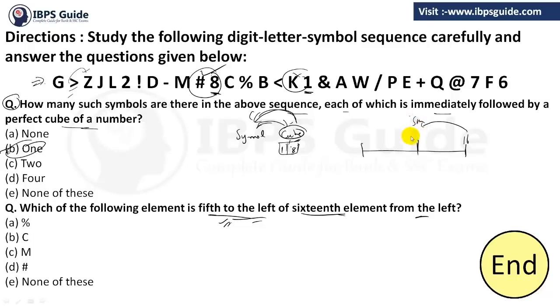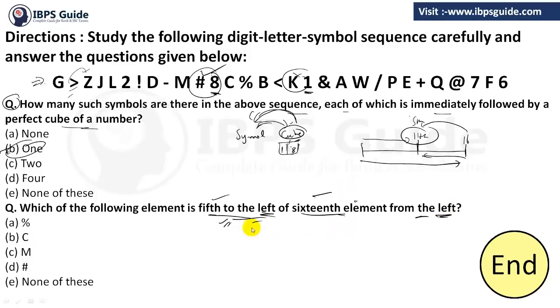Okay, so what it actually means is that you are going 16 in this direction, then coming 5 back in this direction. It means overall you are coming to the 11th from the left hand. Clear? So basically the trick is when you have left and left, you will subtract both the values and then find the number from the left hand. And when it is right and right, then also you subtract and then find from the right hand.